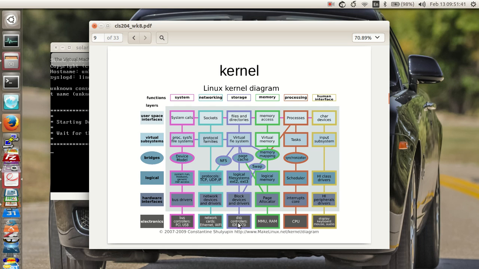In the electronics environment for storage, there are disk controllers, IDE, SCSI, block devices and drivers, and the logical file systems: ext3, ext2, NTFS, or even the old familiar FAT. Then there are pages and caches, which get thrown into this virtual file system, that logical volume manager, for instance, and that shows up as files and directories. So you can see how this thing lays out.